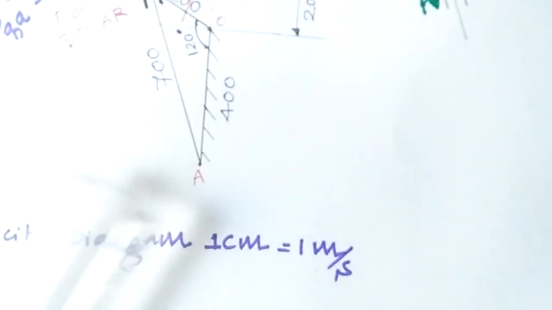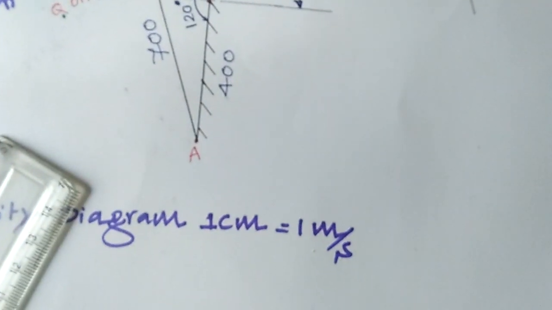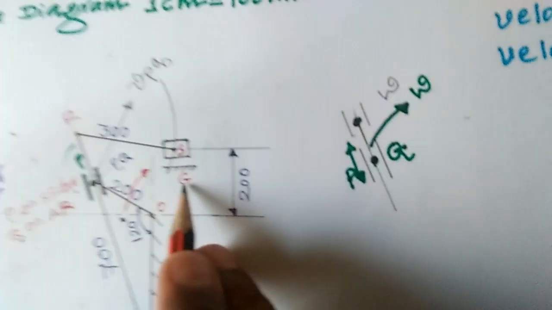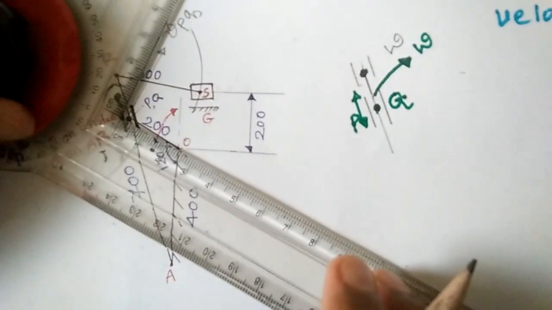That comes as a fixed point here. How many fixed points? Q is also a fixed point, O is also a fixed point, A is also a fixed point. I will take it as a small a. Then one more, G is also a fixed point. You take it as G also. Okay, I'll make it as alignment.